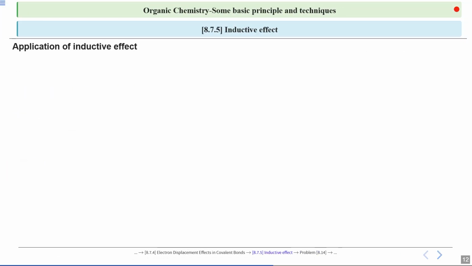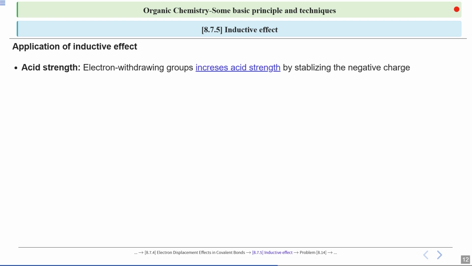Now, if you are aware of this inductive effect, then we can move on to the application part. This is the most important part, I would say. Understanding the theory is good and no doubt about that, but applying that thing is even better. The first thing is the acidic strength, which can be explained on the basis of this electron withdrawing or electron donating group. So if you have an electron withdrawing group, then it will increase the acidic strength by stabilizing the